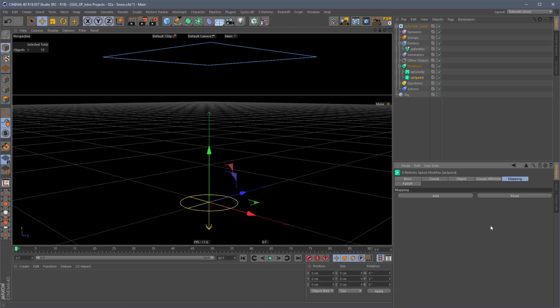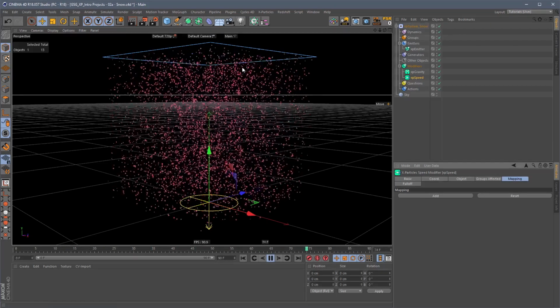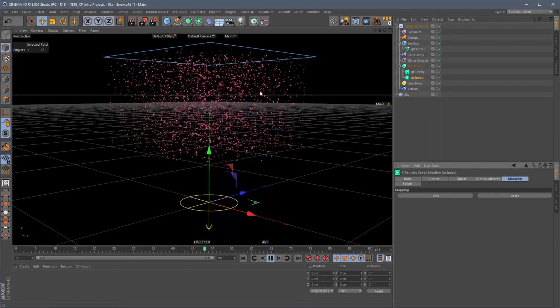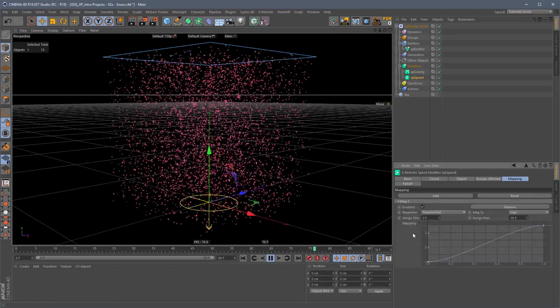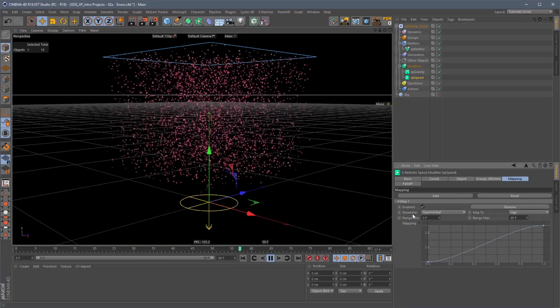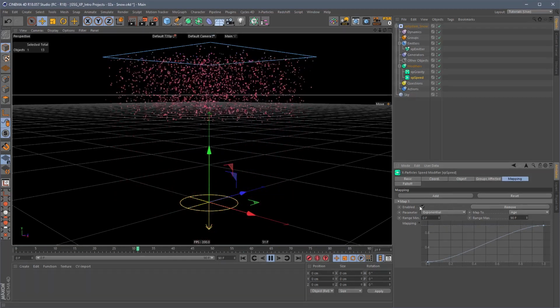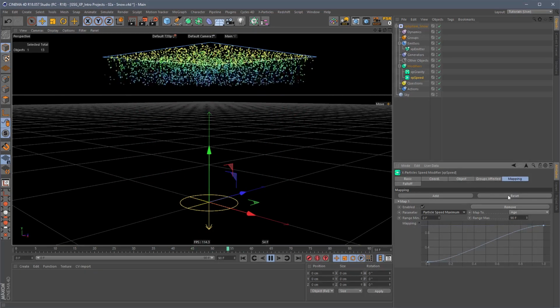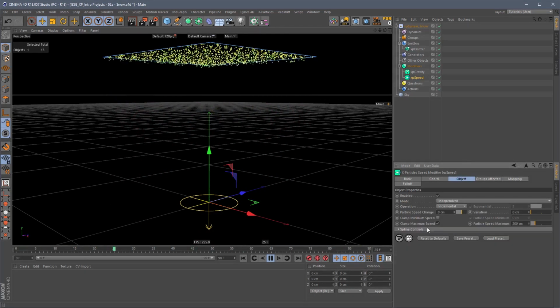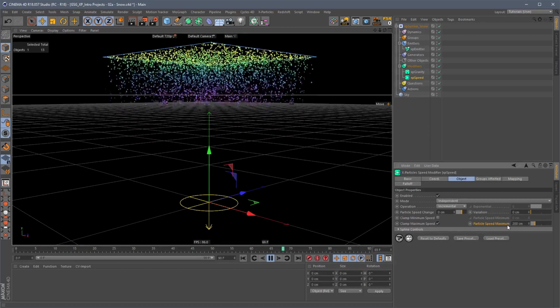So I'll go to our mapping tab, and we need to add a map, because what we're going to want to do is set the larger particles to the higher speed limit and the smaller particles to a low speed limit. So I'm going to add a map, and currently the parameter in the modifier this side is the wrong one. We need to change that to particle speed maximum. And just to demonstrate, I'll go to the object tab, and we know that this is the parameter that it's referencing. So particle speed maximum